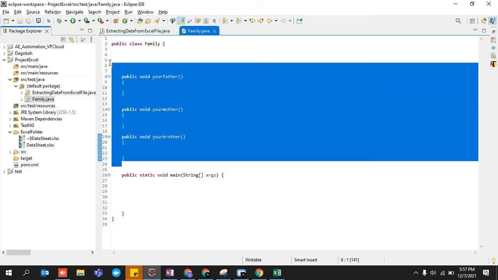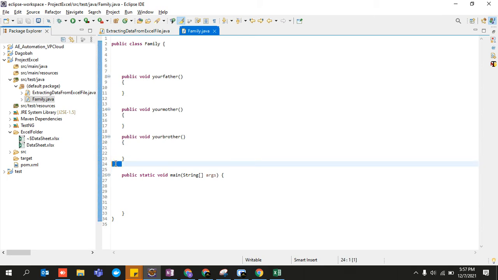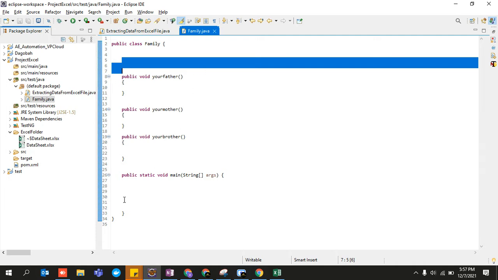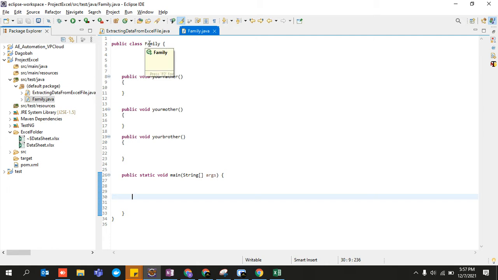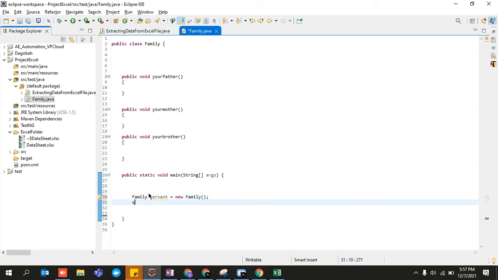So these methods that I have defined over here will simply help me in doing some task. But since you guys are very rich, it is not possible for me to interact directly with your father, your mother, or your brother. In order to call you guys, I have to make use of your servant. Let's say you have a servant in your house. So I'll be calling you guys with the help of your family servant. For that, I'll create an object of your Family class. Let's say servant equals new Family. I've created a reference object, that is servant, and with the help of this servant, I'm going to call your father.